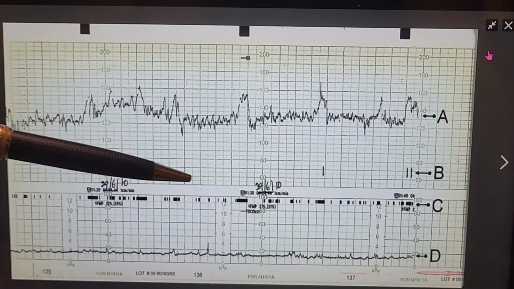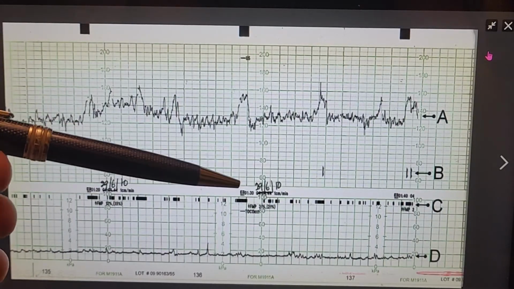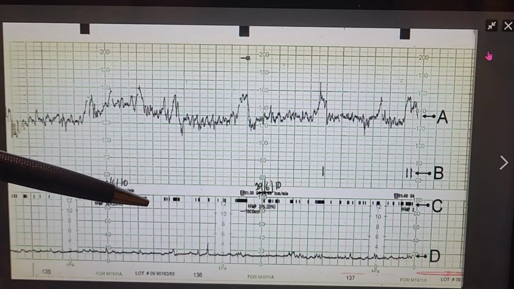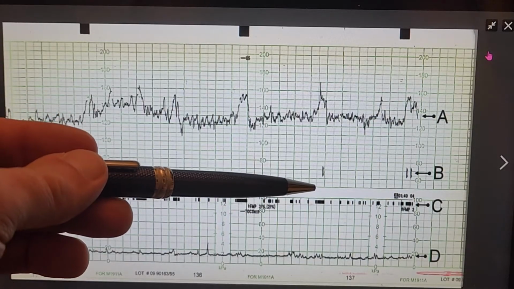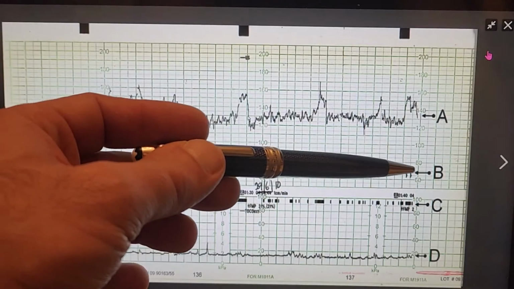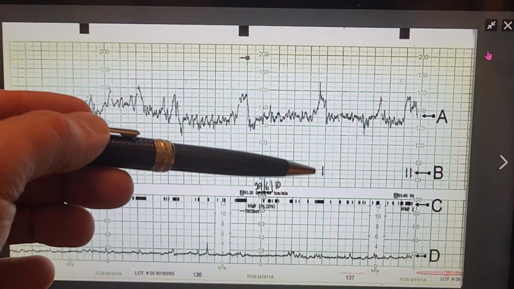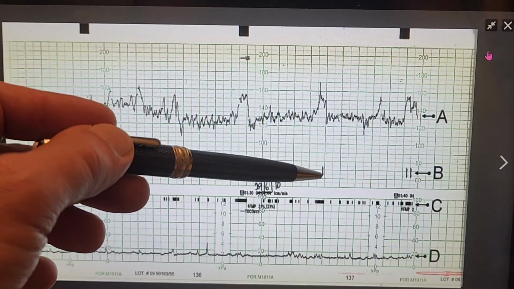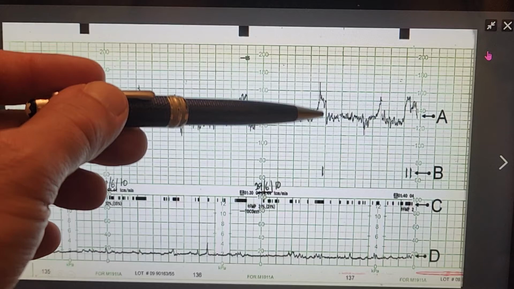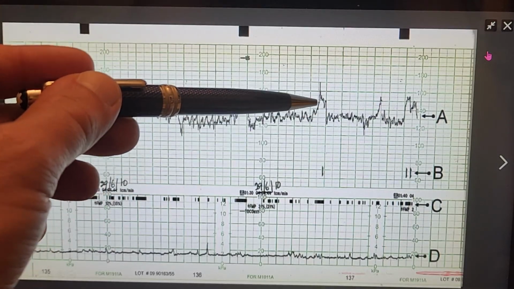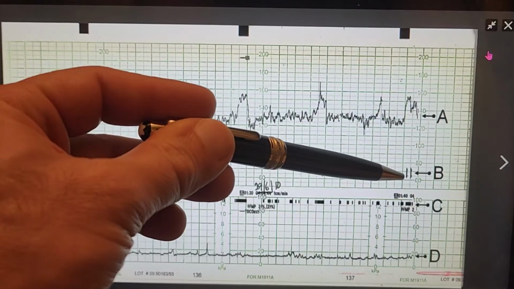What we know is that fetal movement is usually associated with fetal heart acceleration. Usually they give the mother a button that she can press. This is a movement, and this is a movement, and this is a movement. Meaning if the mom feels the baby moving, she presses the button, and as you can see here, as a reaction, the healthy baby should react by accelerating the fetal heart after movement,